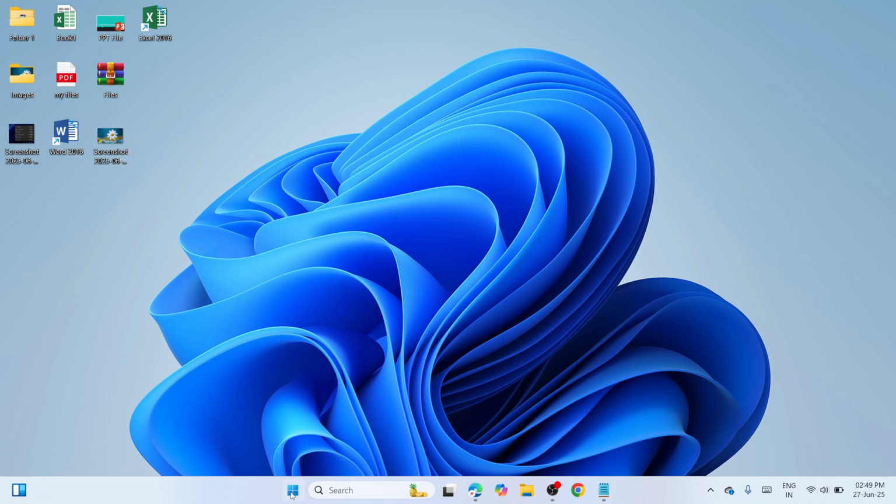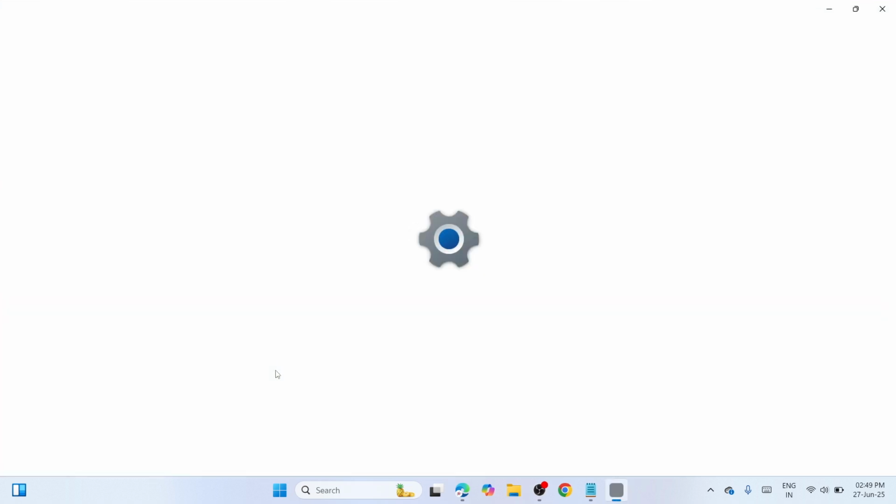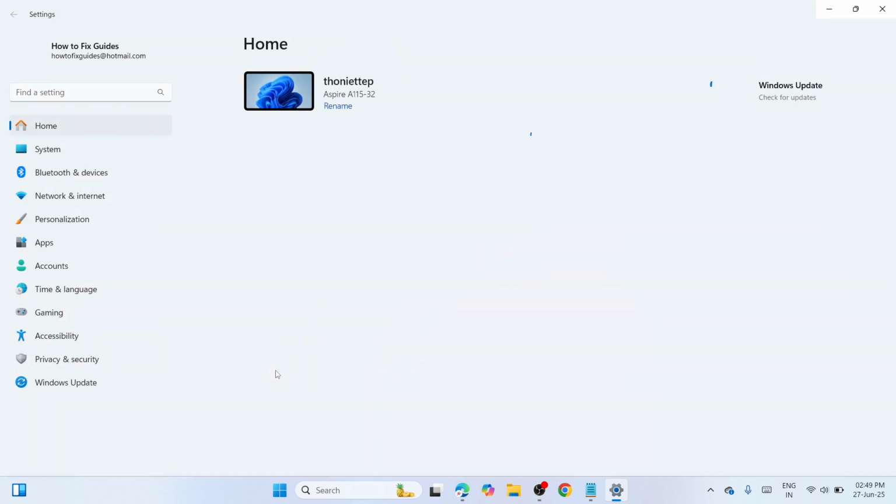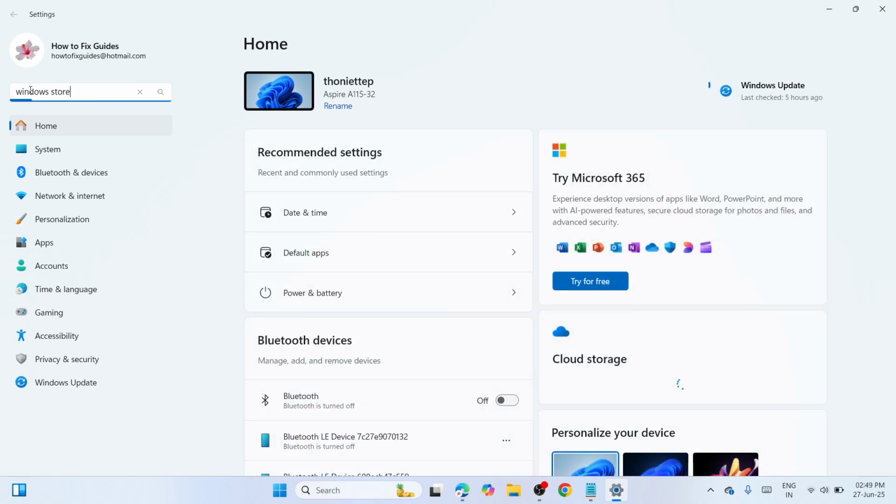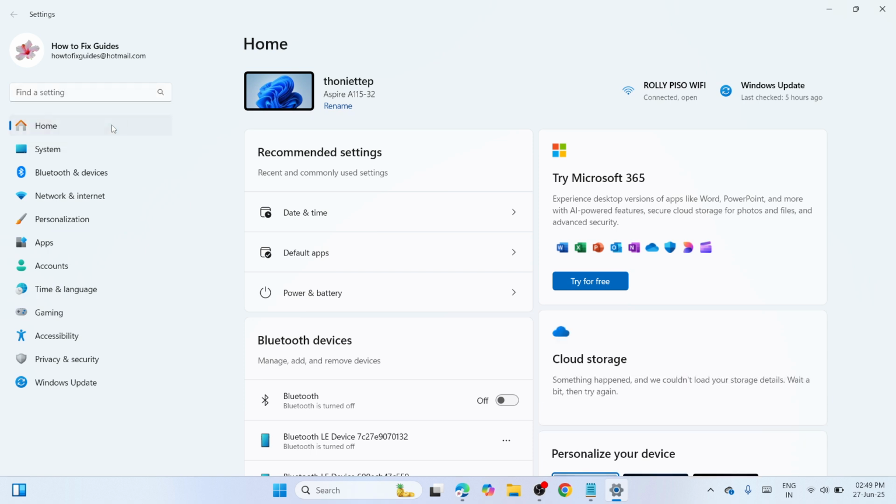Navigate here at the start, make a right click, scroll up and click on settings. Then navigate at the upper left side of the screen, type for Windows Store. Then wait until you can see a result, okay, which is find and fix problems with Microsoft Store or Windows